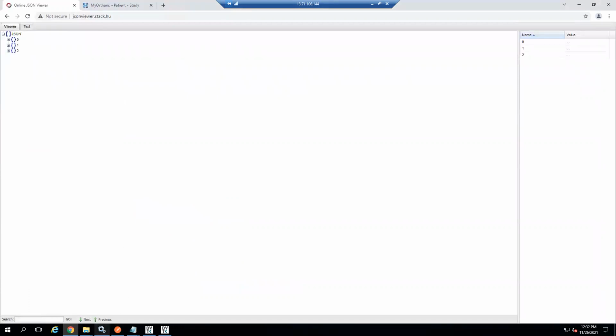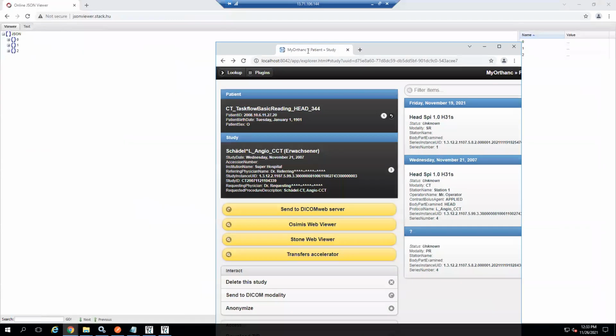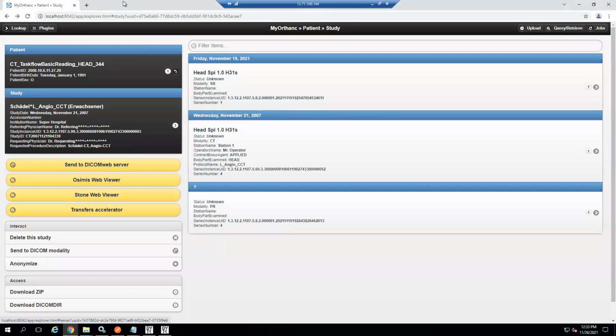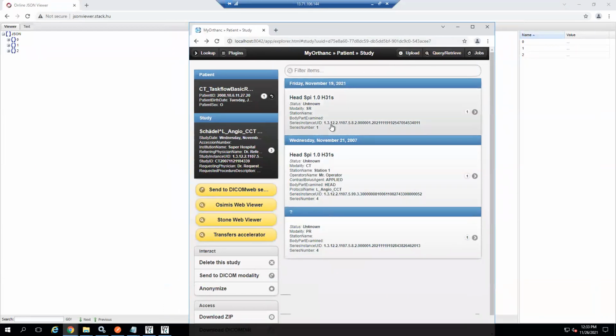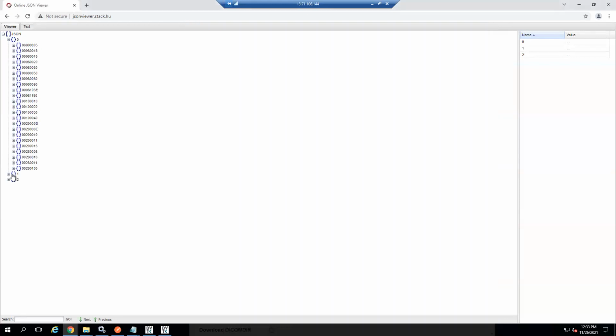As I told you, the patient has 3 series, so there are 3 series and 3 instances. Here it is at the instance level, so all the instances are listed over here: first instance, second instance, and then third instance.